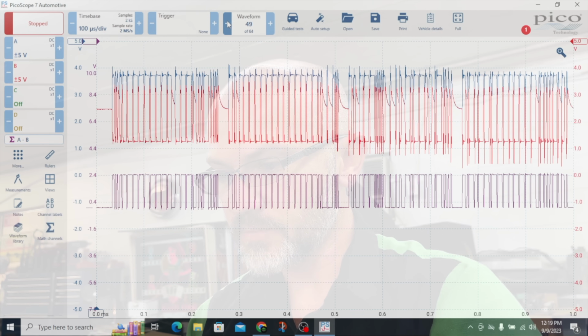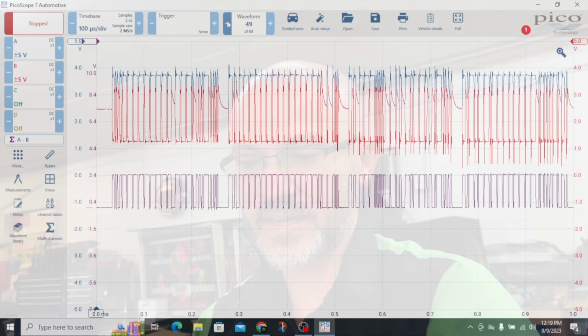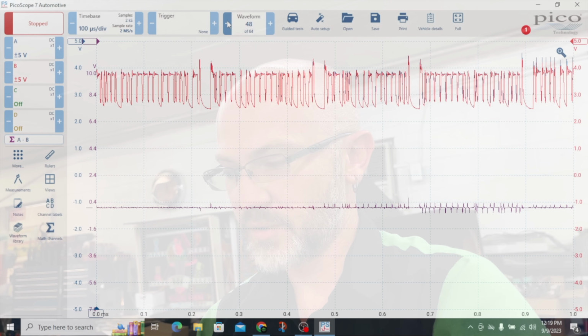So this looks like a broke wire on that network. So let me get a better diagram to show you this PT CAN network and try to find where it goes. And I guarantee you, we're going to find a break somewhere in this CAN low line,